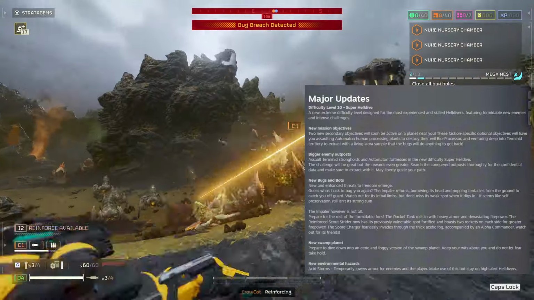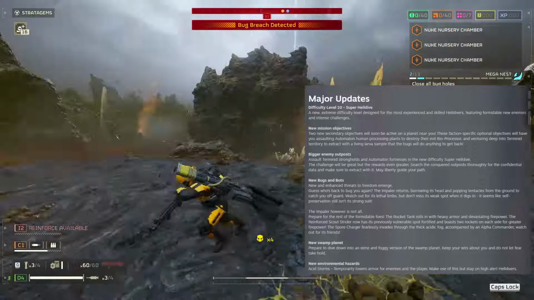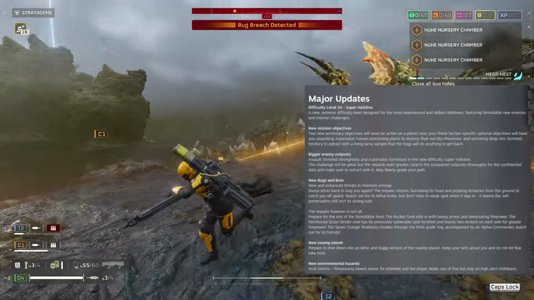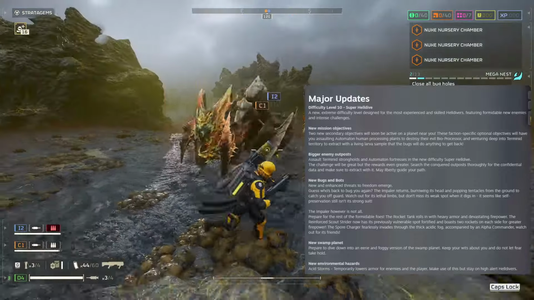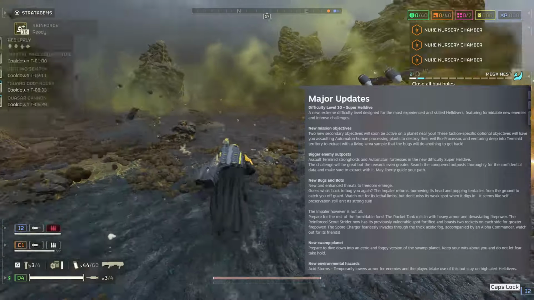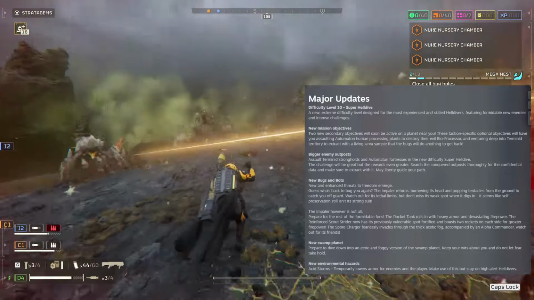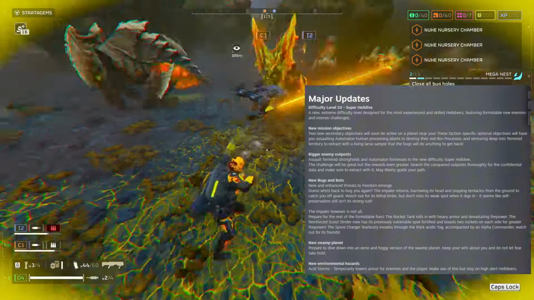Also on the bug front, you have the Spore Charger that'll cloud the area, impacting your visibility. And lastly for the bugs is the Alpha Commander, which is the Apex Brood Commander, which summons these fast mini warrior-like alphas. On the bot front, we got the Rocket Tank, which can shoot a rocket bombardment at you from